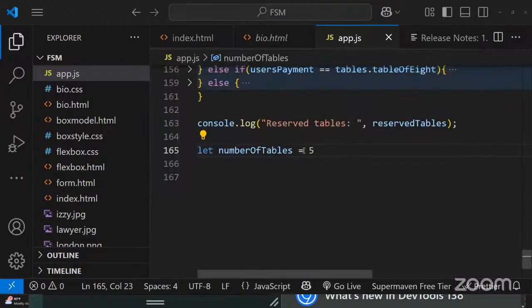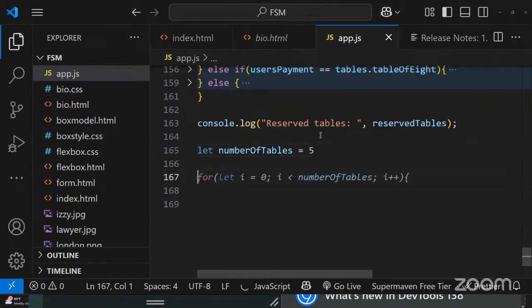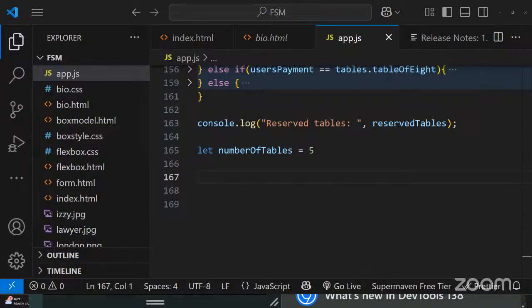So now we know how many tables we want: 5 tables, right? Now, how do we write a for loop? Let's get into it right away. So a for loop is written like this: